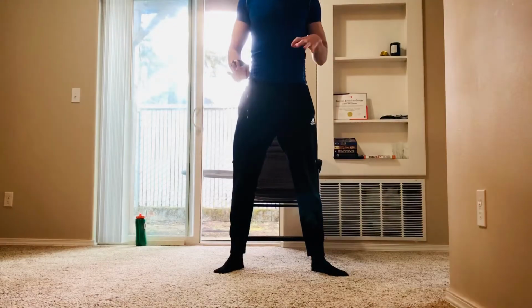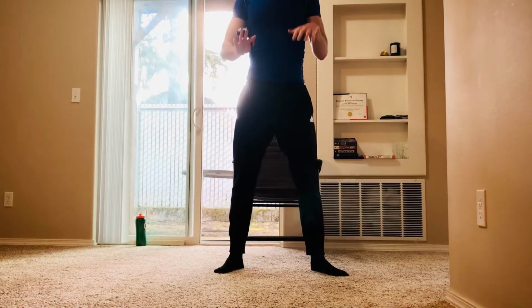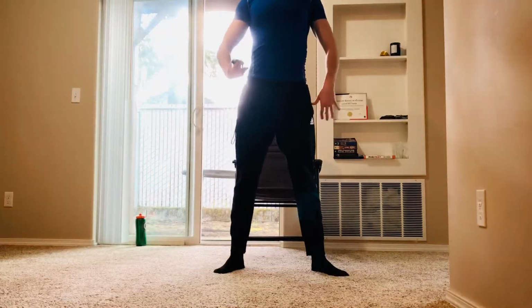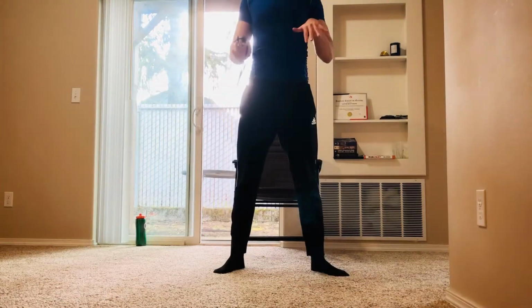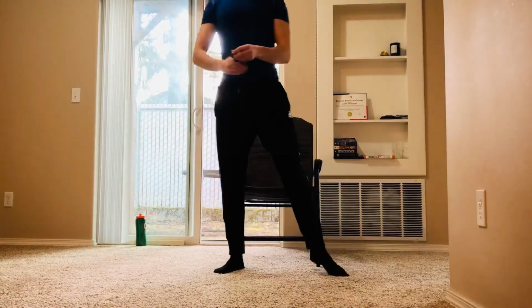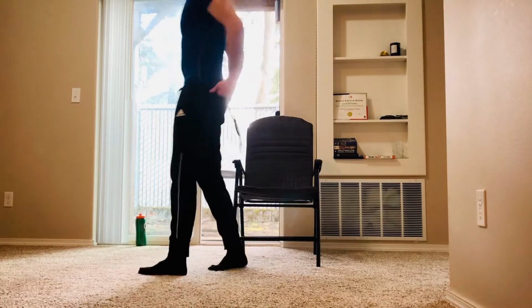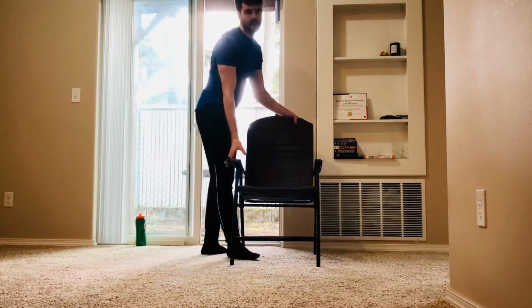As long as you're trying, as long as you're working those core muscles, as long as you're trying to be better than yourself than you were last time, you're doing amazing. It all just comes down to your accountability. Don't worry about what I'm doing or anyone else is doing except for yourself. And come all the way up, shake your legs out, give it a quick breather,